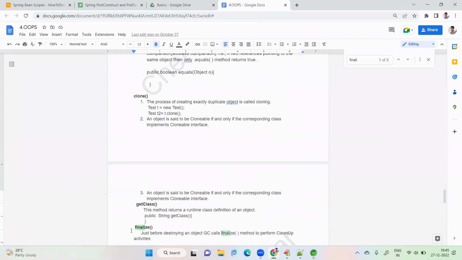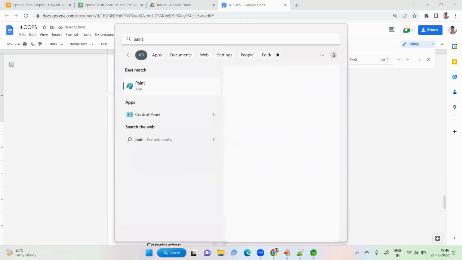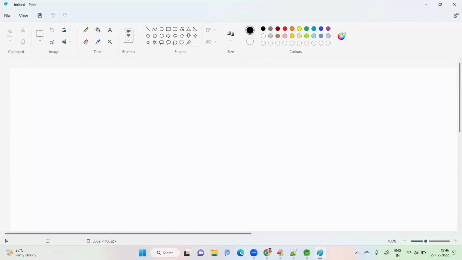See, what is this finalize method? Just before destroying an object, the garbage collector calls the finalize method of that object. Okay, just before destroy. It is to perform cleanup activities. So I'm revising, remember this. For example, we